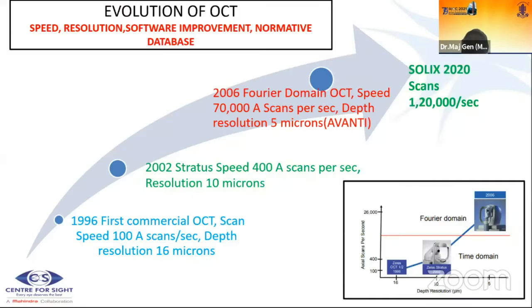Thank you so much, Mitha, for a very nice introduction. I'll go straight away into the OptoView which we are using. There has been an immense amount of change in OptoView, mainly because of the speed and the resolution, which has improved, the software which has come up, and along with that, the immense amount of database which has been changing over a period of time. Presently, what I'm going to show you will be of the Avanti. The Avanti is a Fourier domain OCT, the speed is approximately 70,000 A-scans per second. Depth resolution is 5 microns, and I'll also show you some pictures perhaps of the earlier RTVue OCT.